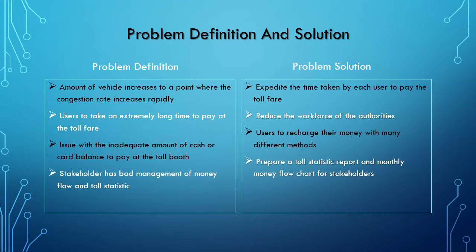Problem definition and solution. Number 1. We found that the amount of vehicles increased to a point where the congestion rate increased rapidly. So the solution is the system can expedite the time taken by each user to pay the toll fare. Second, usually users take an extremely long time to pay a toll fare at the toll booth. So the solution is the system can reduce the workforce of